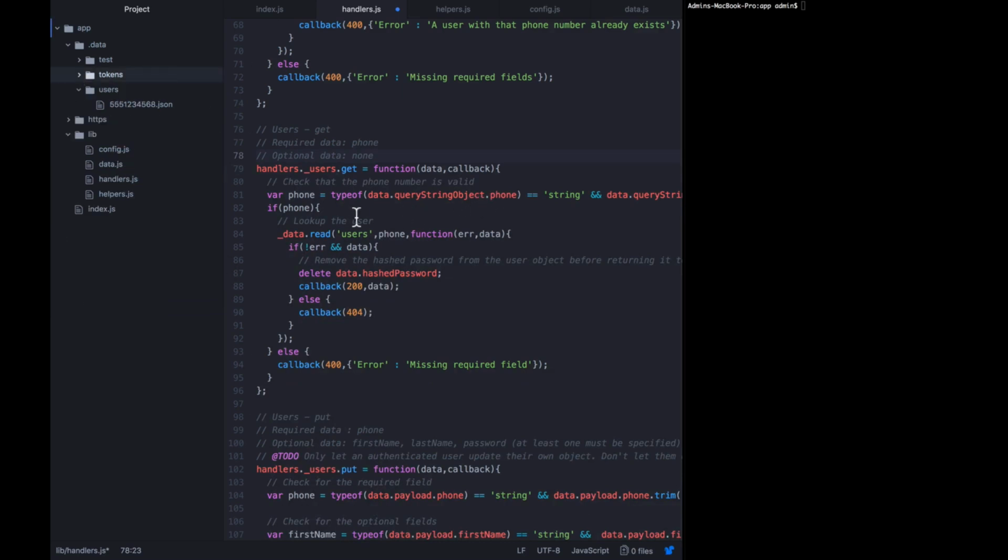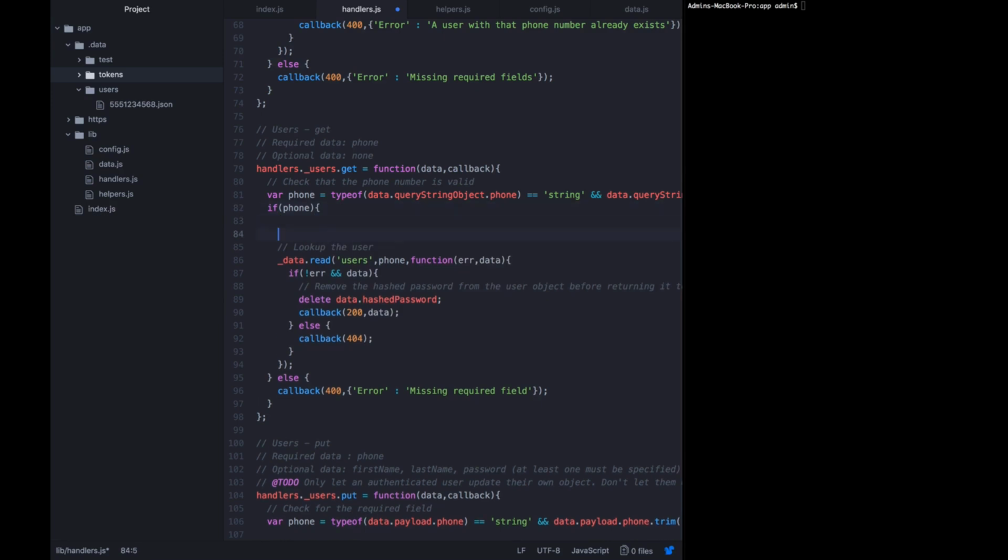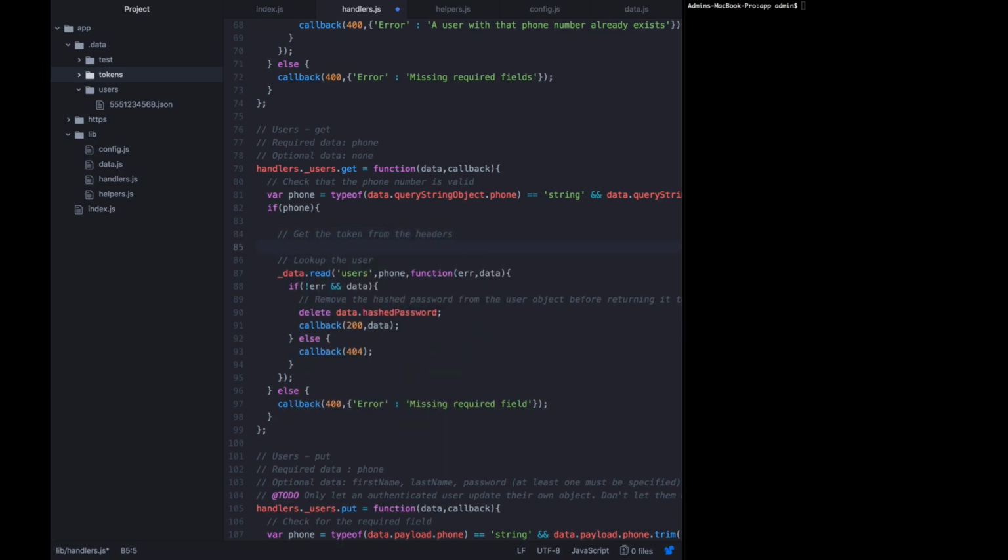So underneath phone, before looking up the user, I want to do a couple things. I want to get the token from the headers. Since this is an authenticated request, it should be expected that any client sending that request would have included token equals this as a header in that request. And so we can grab the token from there. So var token equals